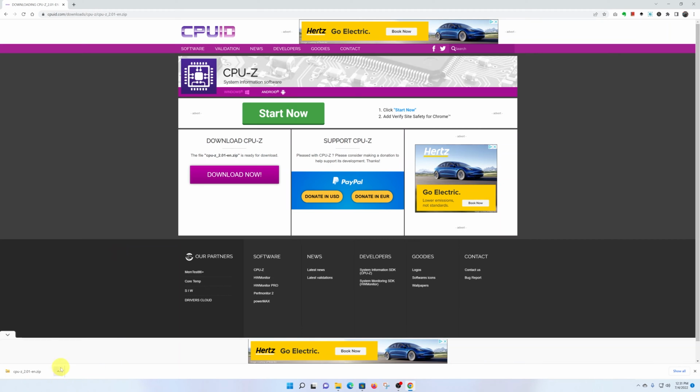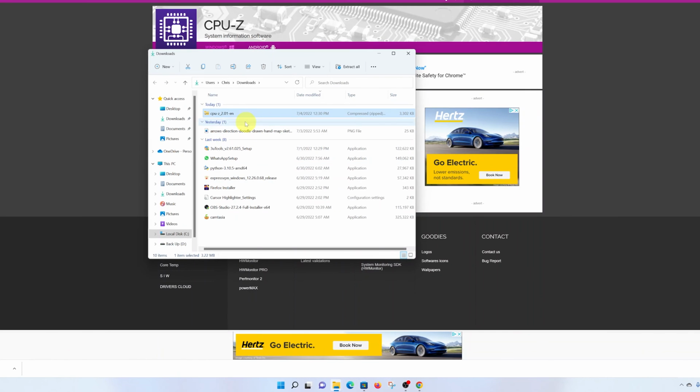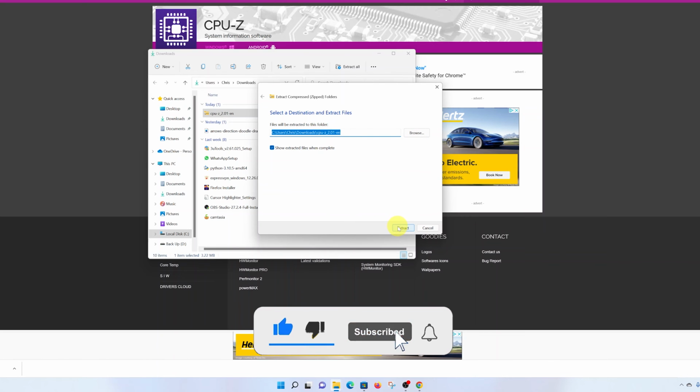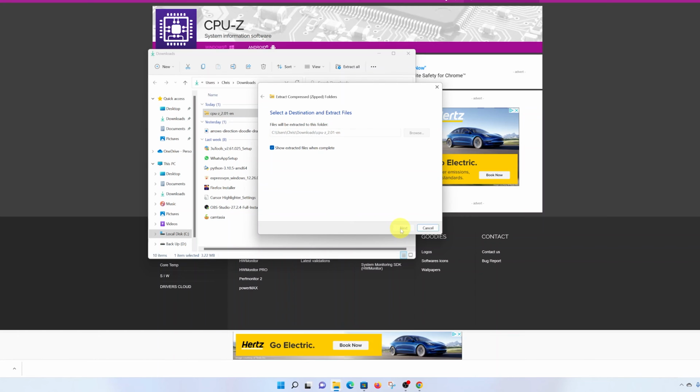and once the download is complete, go to the download location and you should find the zip file there. Now all you need to do is extract the zip file, and Windows 11 can extract zip files. So right click and then select extract all, and then you can choose a different location or you can simply extract in the same folder. So I'll do just that, keep it simple. Click on extract,